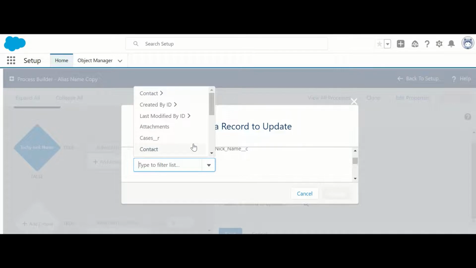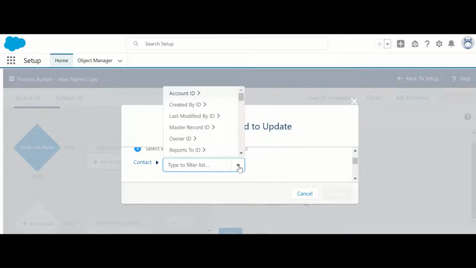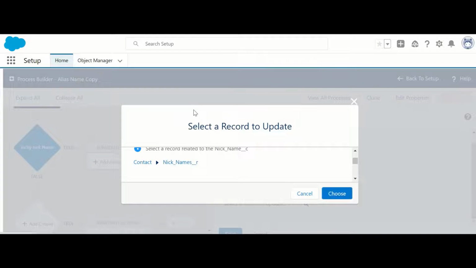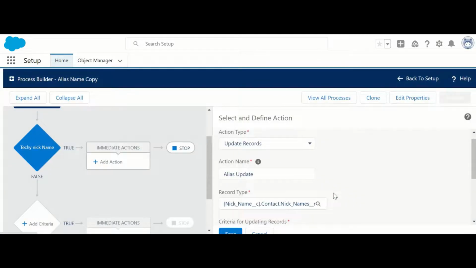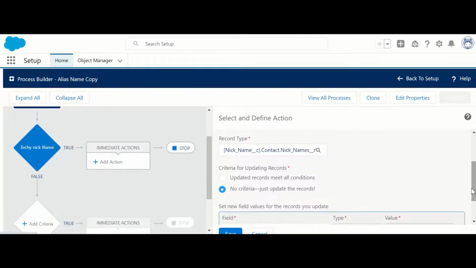In this list, you can select this contact object, and then you can select the related list of that contact, Nickname. Choose this. You can select the criteria also, but according to our requirement, we are going to select no criteria, just update the record.